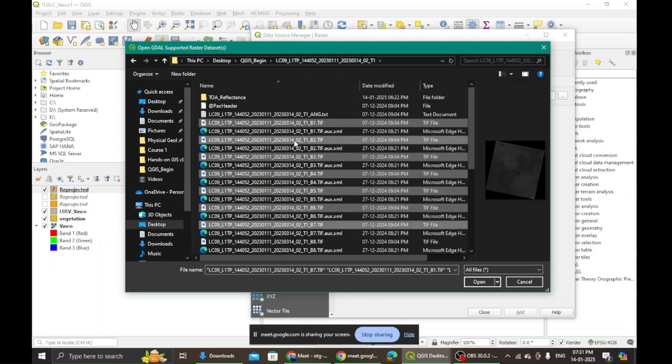I have held control key on my keyboard and I have selected all these 7, right? Select all these 7 and quickly come and drop me a Y so that at least everybody's imageries will come together. We are already half an hour into the class.